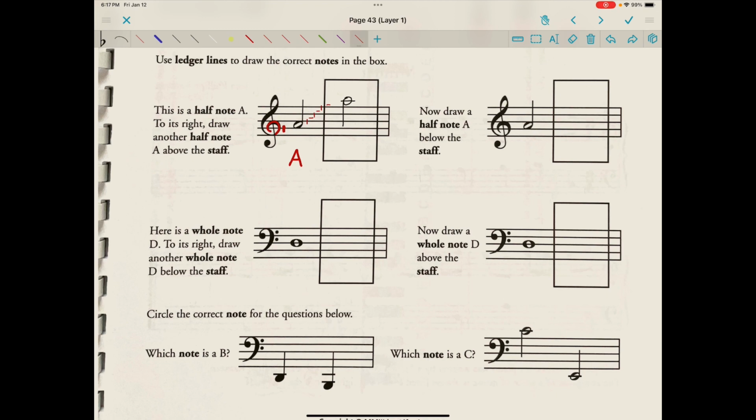Now draw a half note A below the staff. I'm going to descend through the musical alphabet, so G, F, E, D. That would be our first note below the staff. And now we have our first ledger line note. This would be a C. Still have to go lower. This would be a B, hanging from that ledger line. And now we arrive at our note, trying to space these ledger lines about the same as the staff, just short staff lines basically. There's my line needed for the A, and here's my half note A below the treble staff, and I'm going to put my stem up and on the right